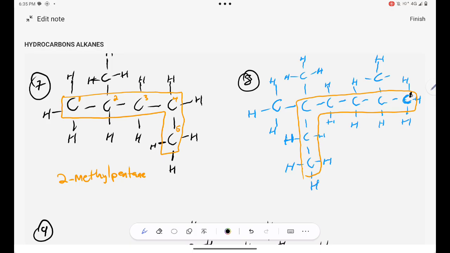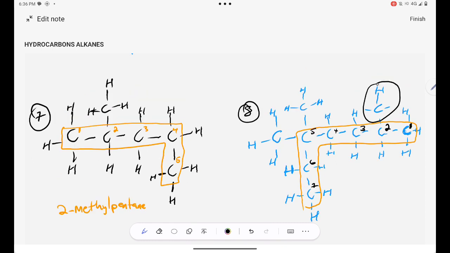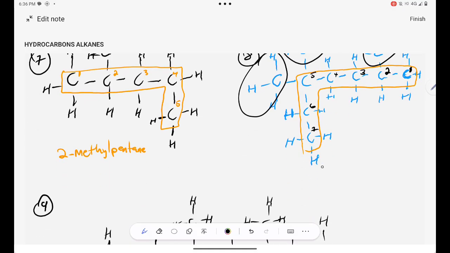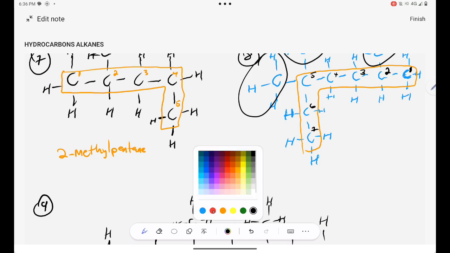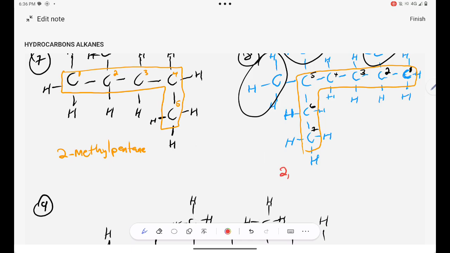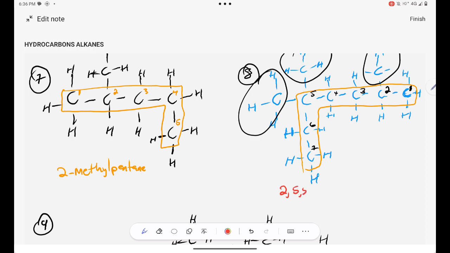When I start numbering from the right, I can see that I'm closer to the side chain, right? That's carbon number 1, 2, 3, 4, 5, 6, and carbon number 7. Are you together? So I can see that I only have 3 side chains over there. This is my side chain, there's another one, and there's another one. Are you together? So I know that at carbon number 2, let me use a different color, let me use red. Carbon number 2, as well as carbon number 5,